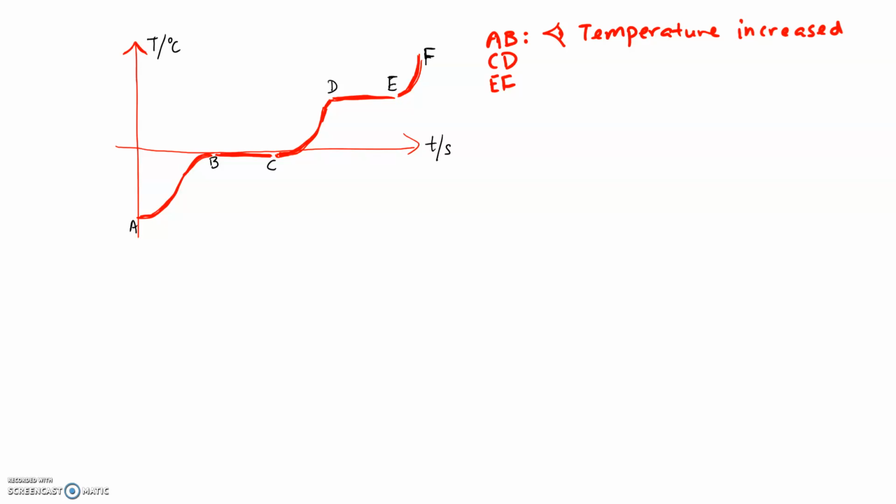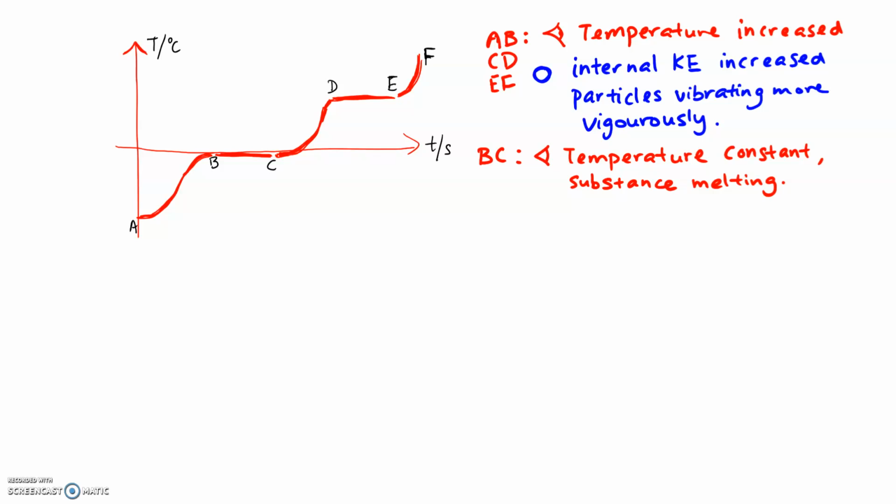So the icon that I've drawn over there is just an eyeball, just to remind you that this is what you see physically, right? Temperature increase. Okay, there is no change in state. So in terms of what you can see, when I draw the blue circle, it is actually trying to represent the particle. So in the form of the particles, actually the internal kinetic energy will increase, particles are